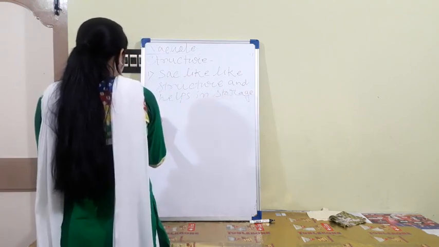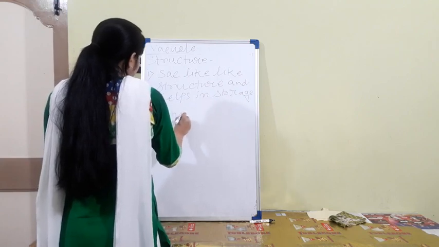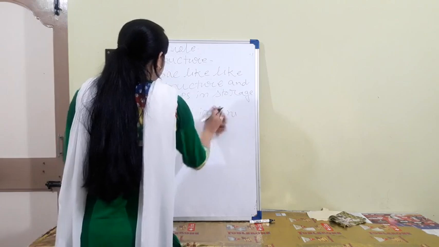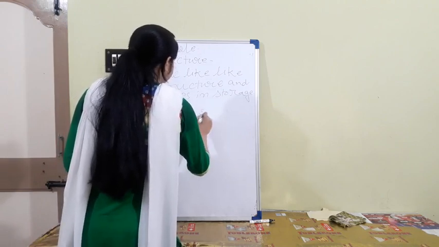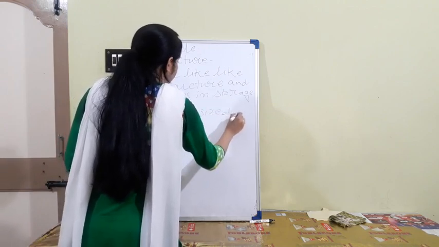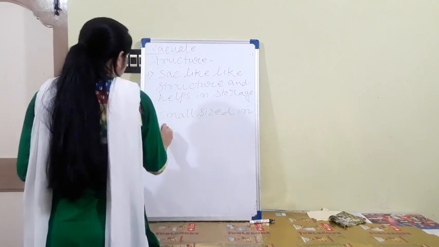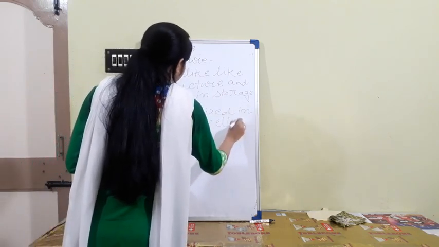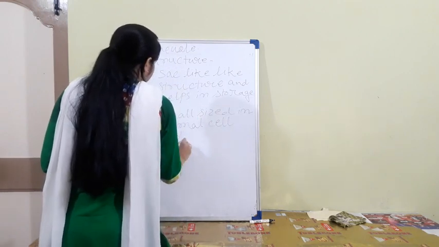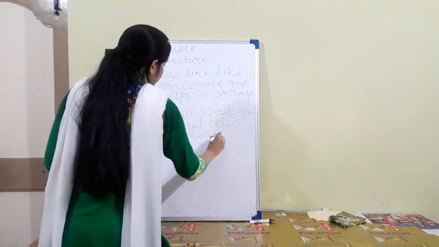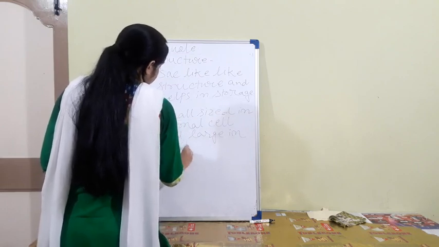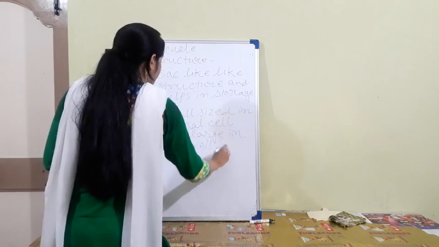Second one, small sized in animal cell and large in plant cell, 50 to